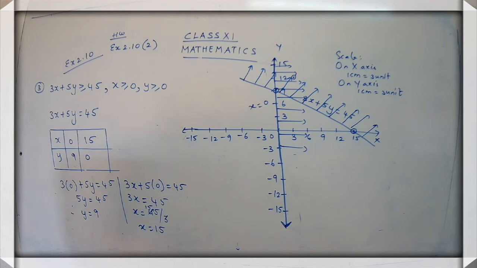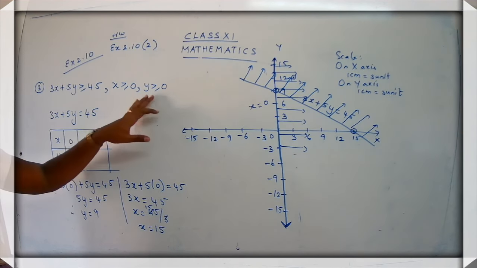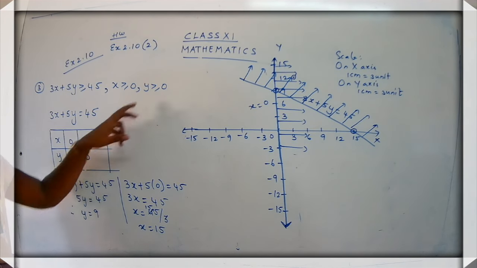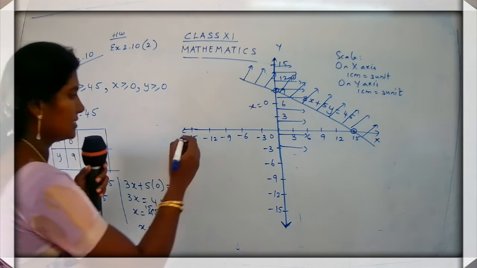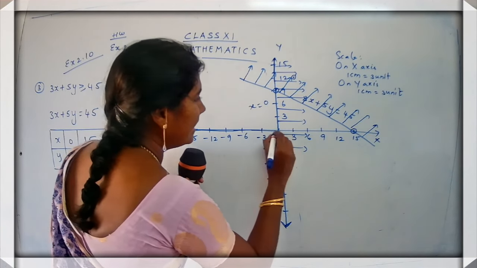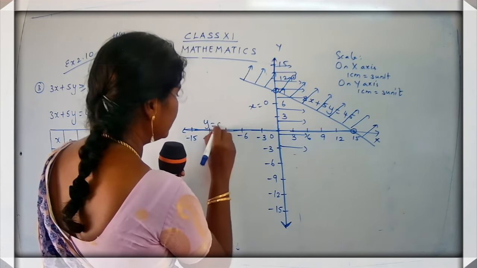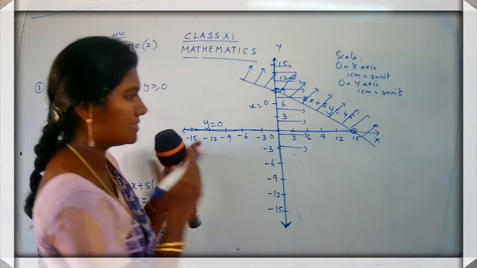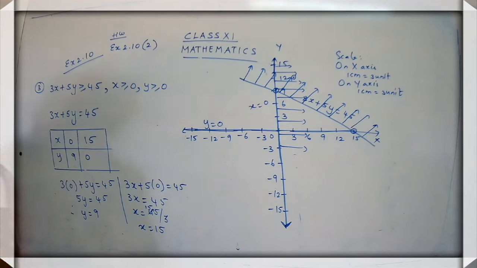Okay, y greater than or equal to 0. So first of all, we have to plot the axis. Y is equal to 0 means this is the x-axis. So you can just highlight the x-axis and write down here, this is y is equal to 0. So this line, that is the x-axis, is y is equal to 0. So just highlight it and write down there y is equal to 0. Okay, children, have you completed? Have you written there y is equal to 0?